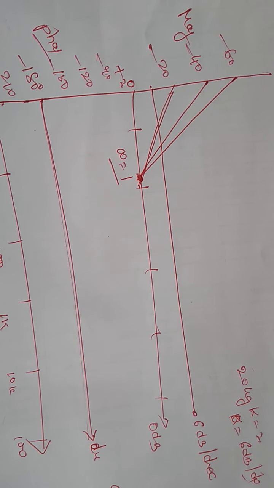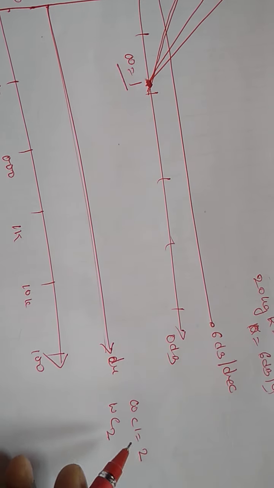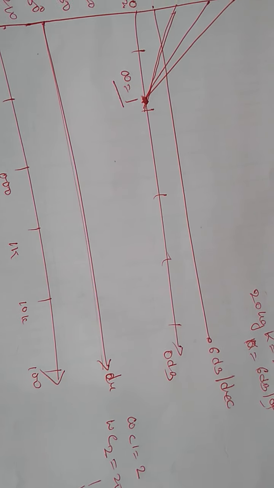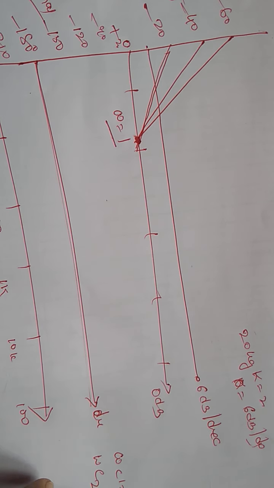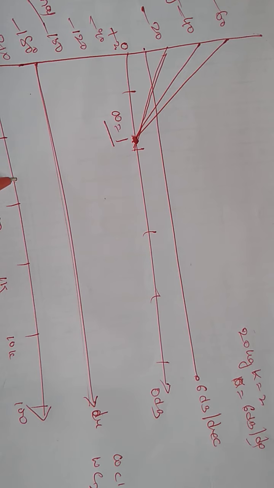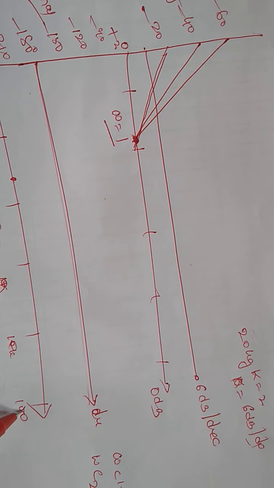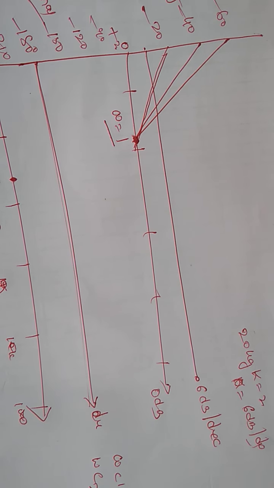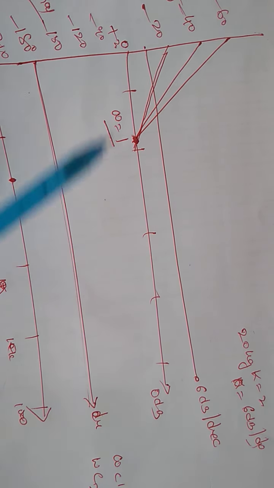What is the first corner frequency? Omega C1 is equal to 2, and the second corner frequency is 20, and up to infinity. Select the first corner frequency, that is 2, okay. So somewhere here we will get the corner frequency 2. Draw the slope line, which is parallel to